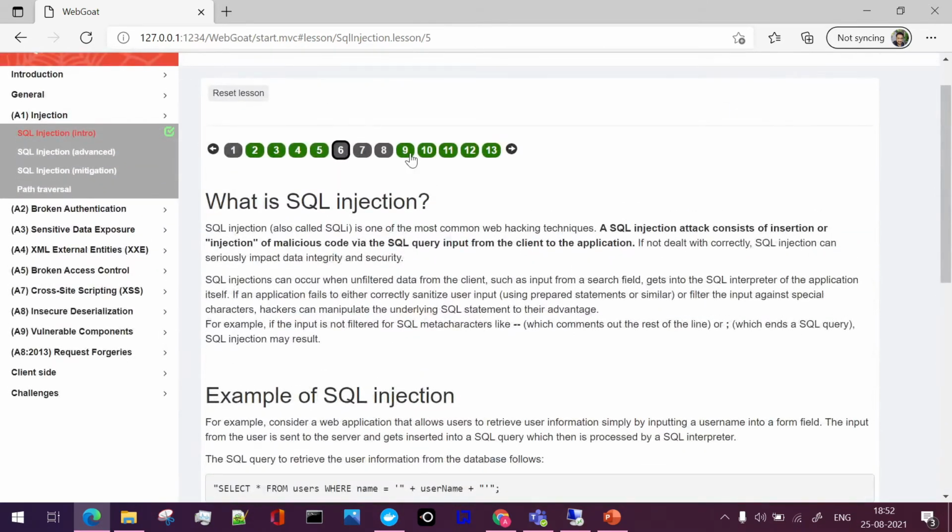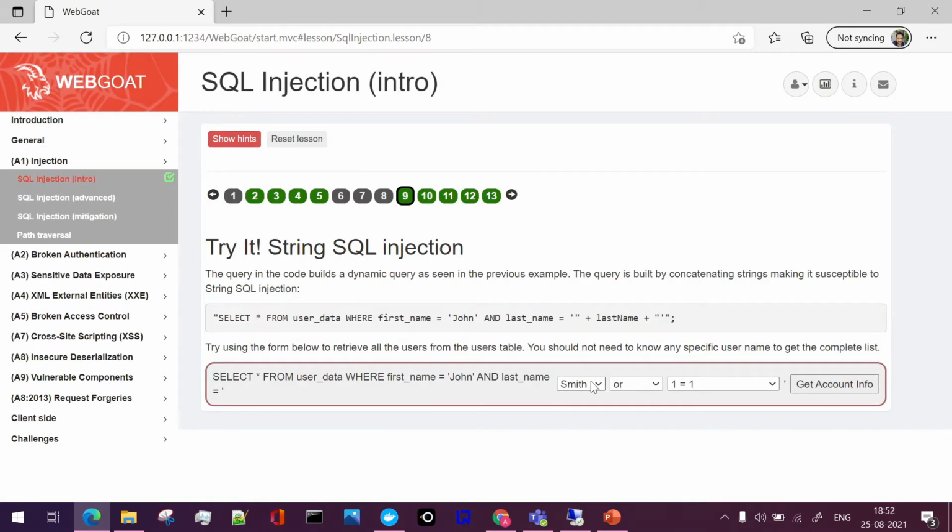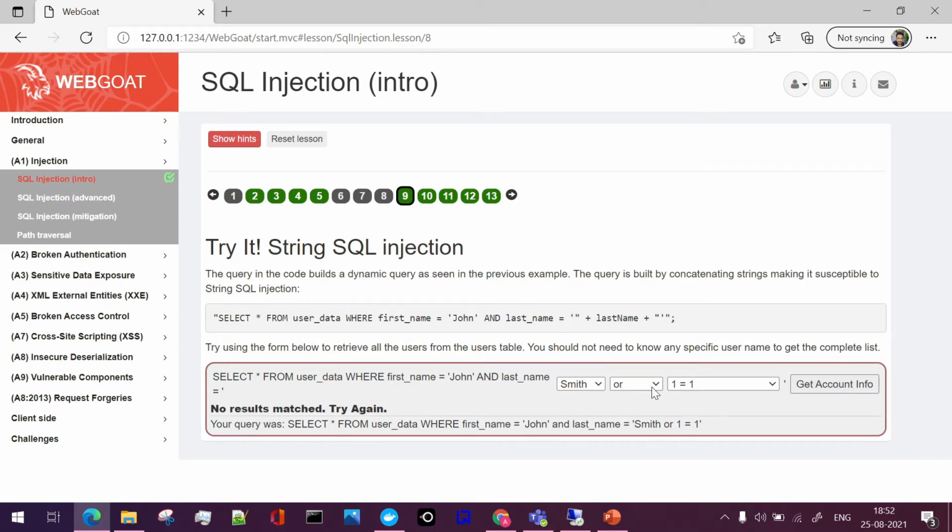Now when we actually attack it, I won't pass it in a simple way, but I will try to access the data. If I just say get account details with whatever string is passed here, you will see it is not hampering the data, as Smith or 1 is equal to 1 has gone out as a single string. Here, if you see Smith, there is no single quote or anything. So we'll try to pass it in such a way that we are able to access the data.